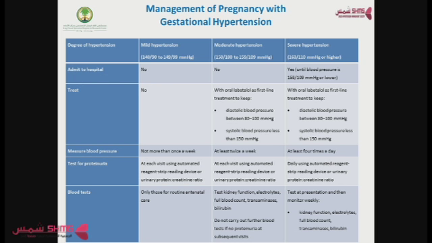And usually when they come to the severe range, this is the stage where we actually need to give them antihypertensive medications. If they are more in the mild or moderate range, we might not need to give them antihypertensive medications, to avoid the effects on the fetus. Although we know in clinical practice that if it develops quite early in pregnancy, giving them antihypertensive medication allows you to prolong the pregnancy more, and therefore reduce the risk of the severe hypertension that